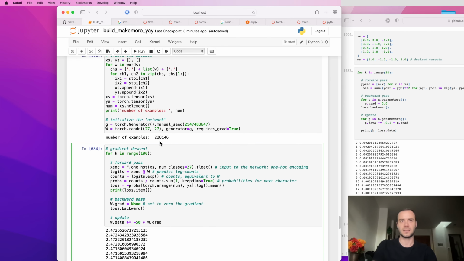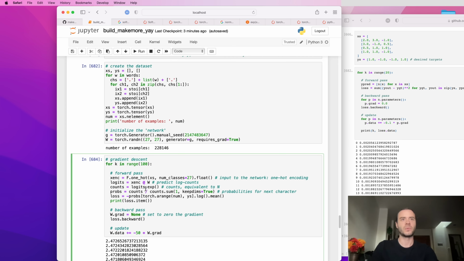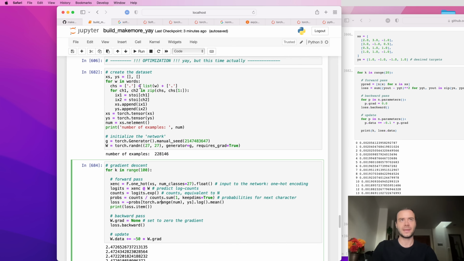So we've actually gained a lot, because what we can do now is we can expand this approach and complexify the neural net. So currently we're just taking a single character and feeding into a neural net, and the neural net is extremely simple. But we're about to iterate on this substantially. We're going to be taking multiple previous characters, and we're going to be feeding them into increasingly more complex neural nets. But fundamentally, the output of the neural net will always just be logits. And those logits will go through the exact same transformation. We are going to take them through a softmax, calculate the loss function and the negative log likelihood, and do